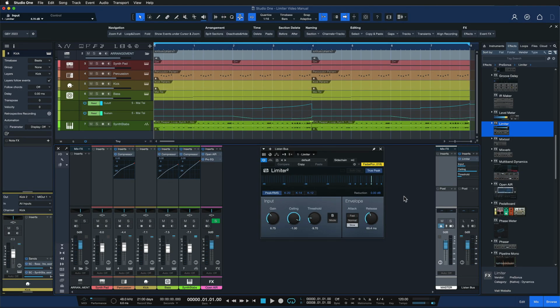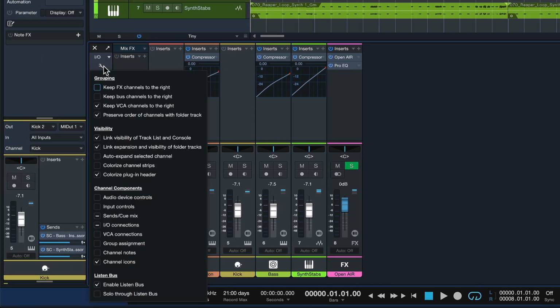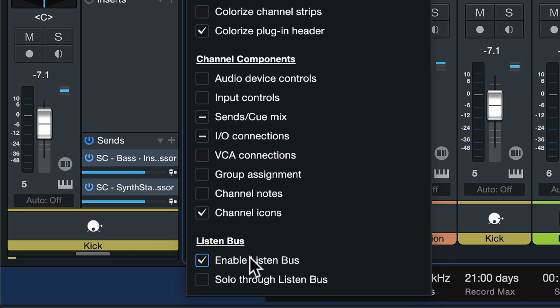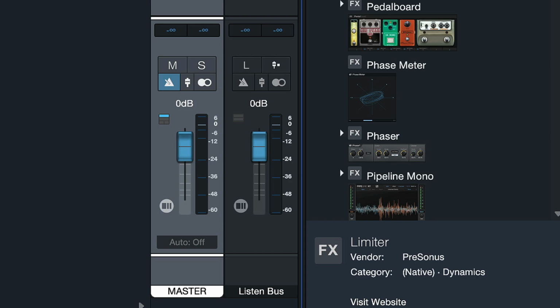And before I let you go, I want to show you just one more example for a use case, just for inspiration. I really like to use the limiter on my listen bus instead of the master output. What do I mean by that? Well, you might know that if you click here on the wrench icon inside of the mixer console, you can enable the listen bus, which is like an additional output of your main out, your master bus, if you will, but it's just for monitoring purposes. So usually you would use that for your room correction software and anything that you don't want to print into the actual mixdown of your